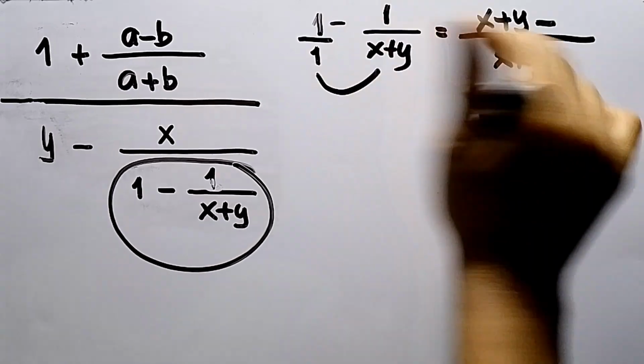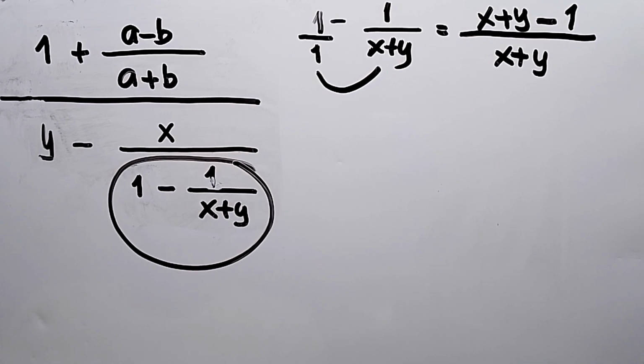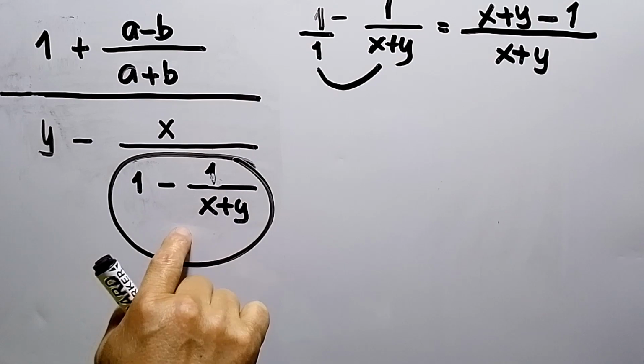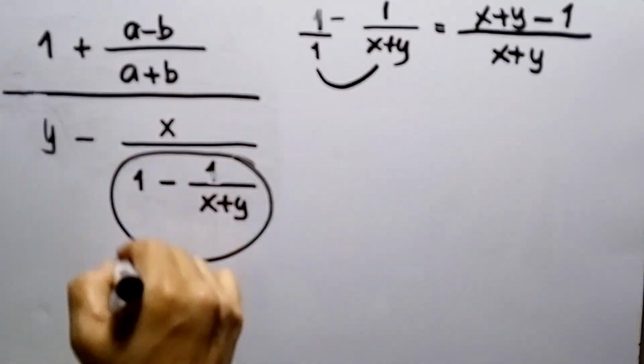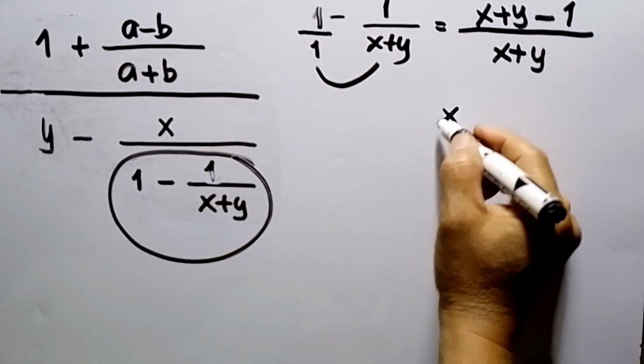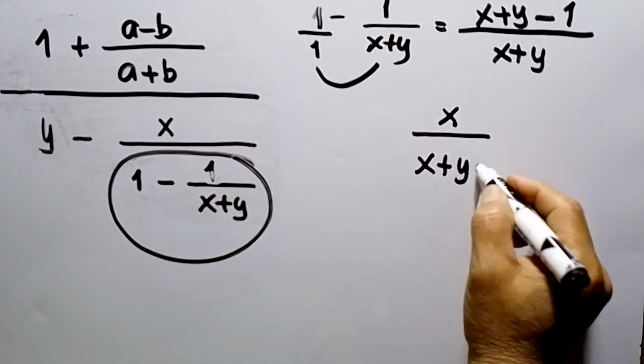And then multiply by 1, so that will be 1. So I have x plus y minus 1 over x plus y. So in this fraction, since I have x for this one, my answer is x over x plus y minus 1